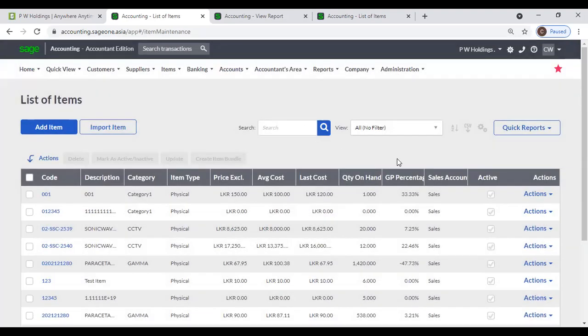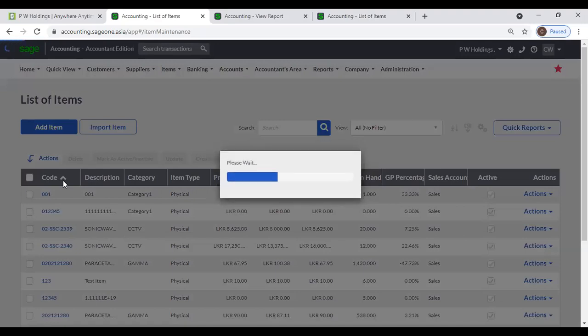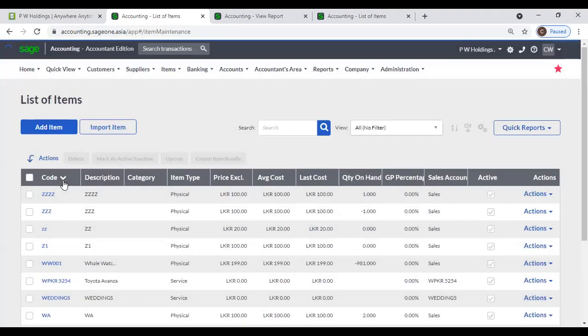Okay. Next, actions. From actions, you can quick view, edit, or delete these items. And by clicking these headings, you can sort this item in ascending or descending order. Next,